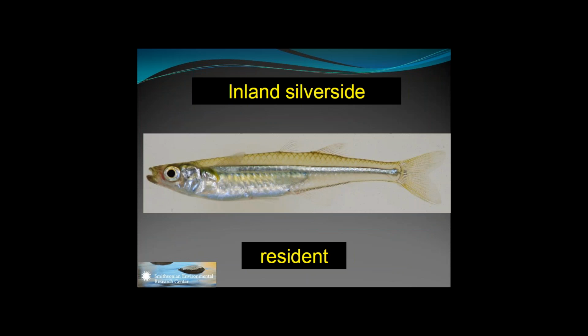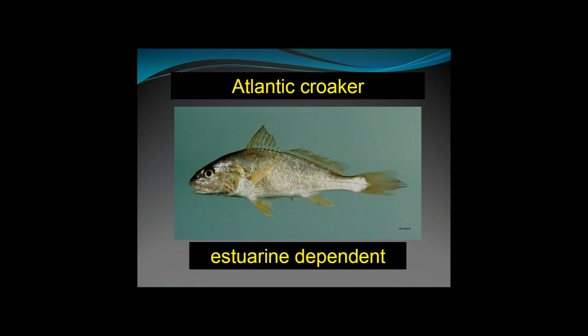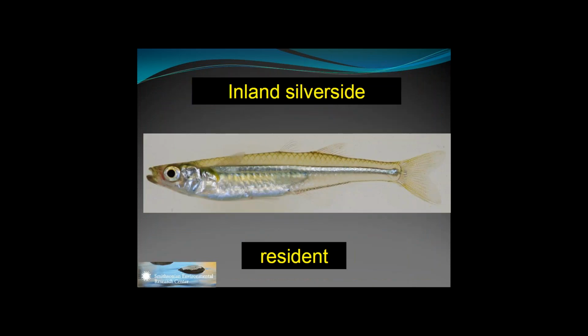Here, this picture is from the Smithsonian, is a resident fish. This is an adult fish, where some of these others, this is maybe a young adult. This is definitely a subadult juvenile fish. This is an adult anchovy. But this fish is a resident fish. It only gets to this size, and it lives all year round in the estuary. It's the inland silverside, the Menidia beryllina. It's got that nice silver stripe on it,